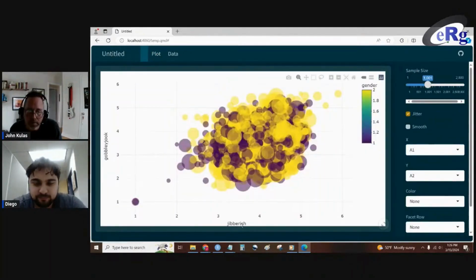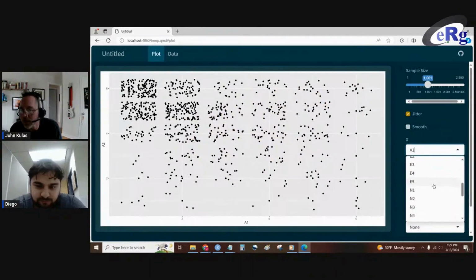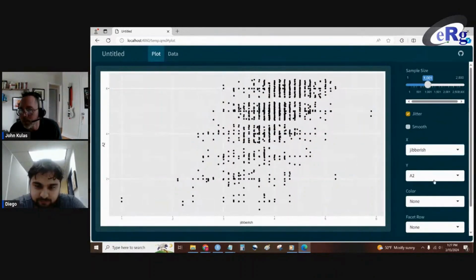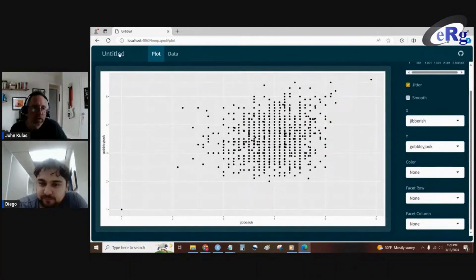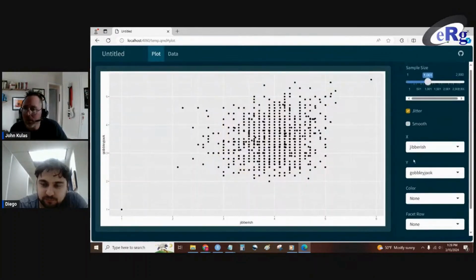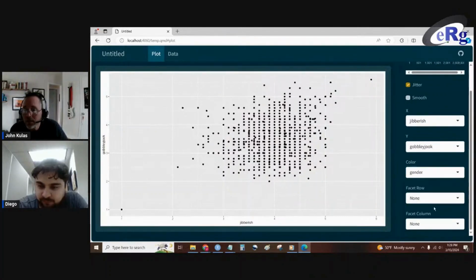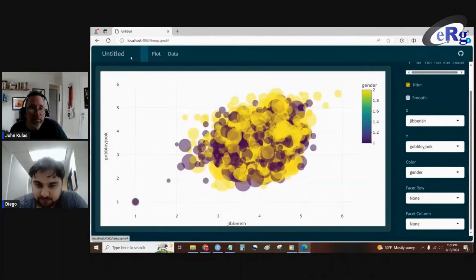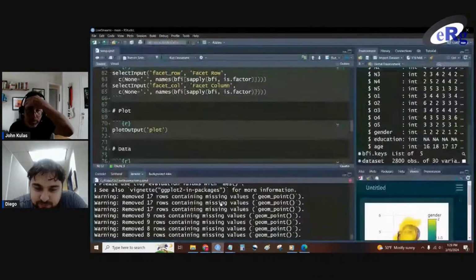What we have here on the plotly is gibberish on the x, gobbledygook on the y. So we should be able to select that. Gibberish, let me see, gobbledygook. So gibberish and gobbledygook, those are jittered. If we want to color it, we can color it by gender like it is here. Now we have more jittering. We could probably add more jittering to that if we want,